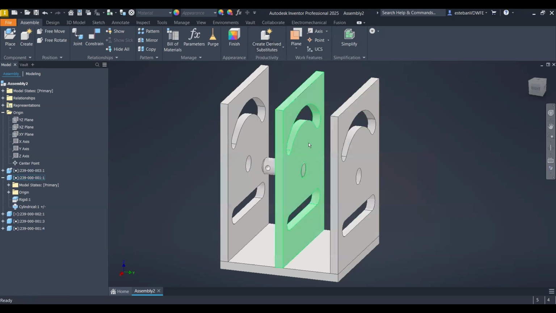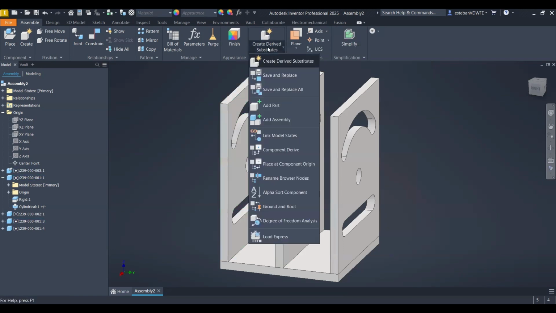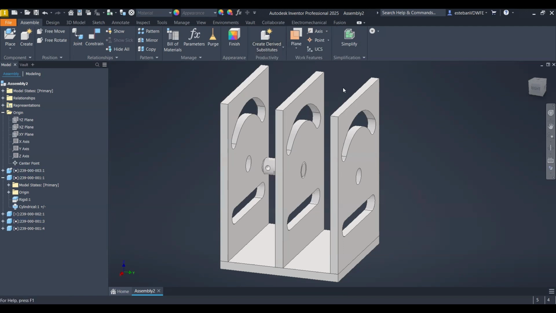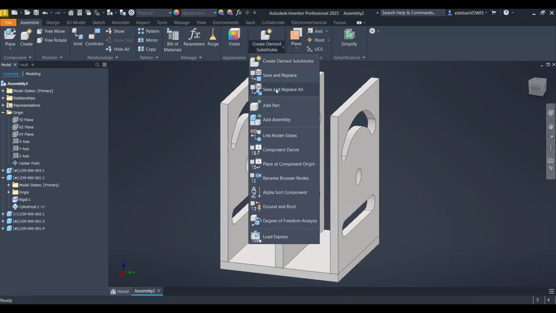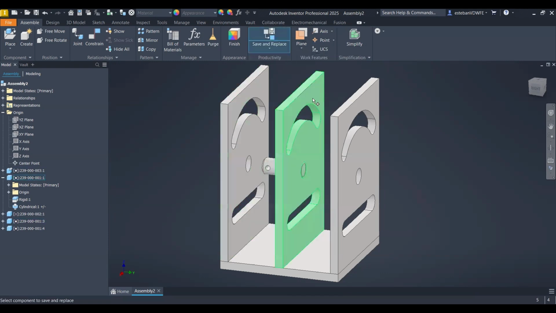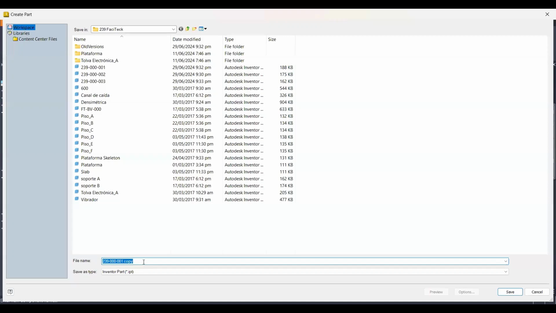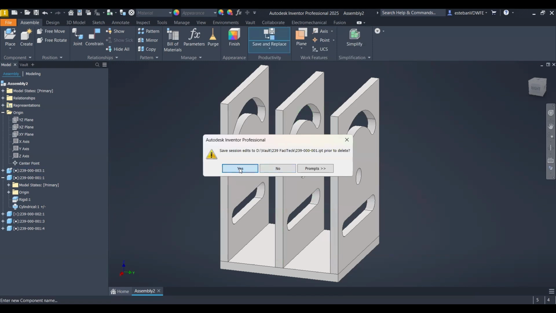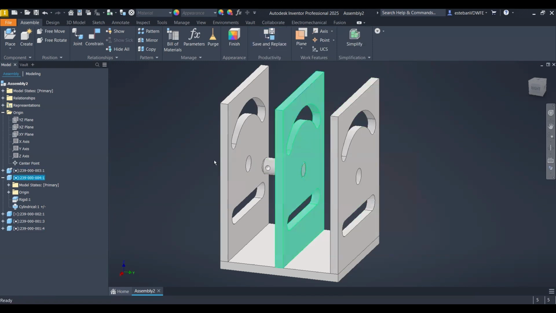For example, let's say that this piece at the center doesn't require the slot. So what I do is to create a copy. Well, we have many options now that Inventor has become a really powerful tool. Have many options, but well, okay, so one of them is to use the save and replace. So this makes a new copy. So I will just change the name of this thing to 4. There you go. Yeah, sure. Okay, so now it is called